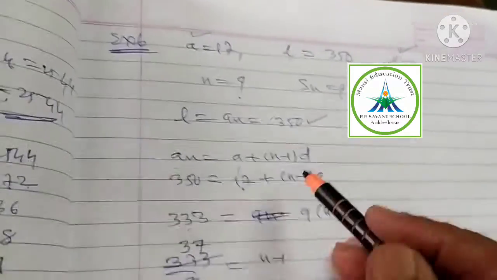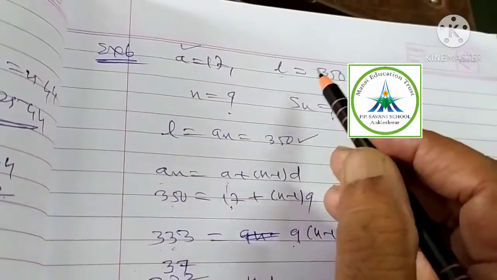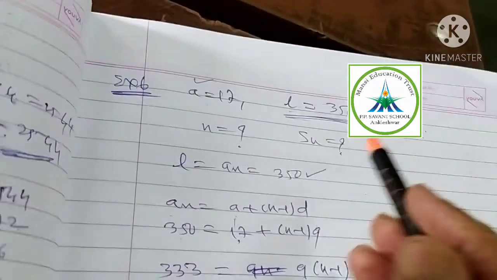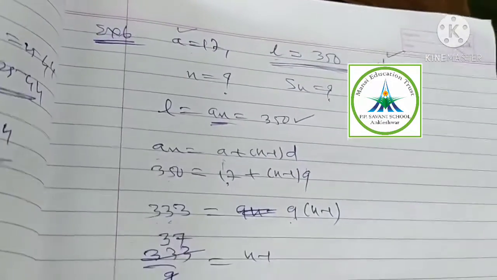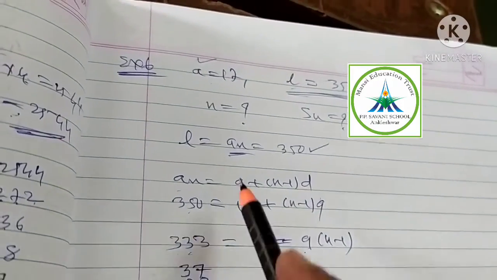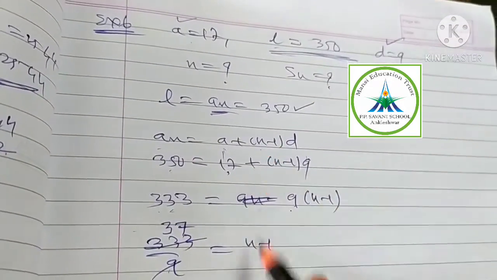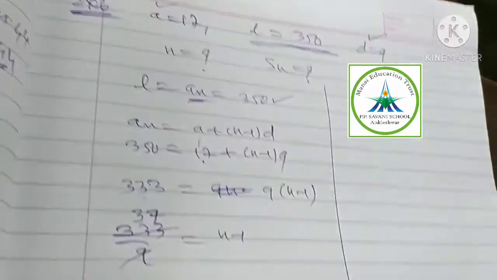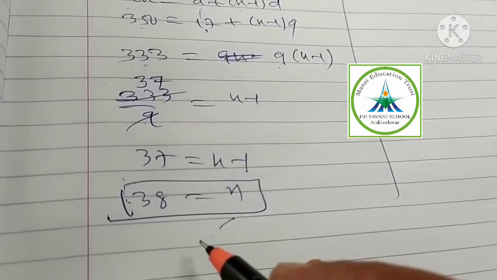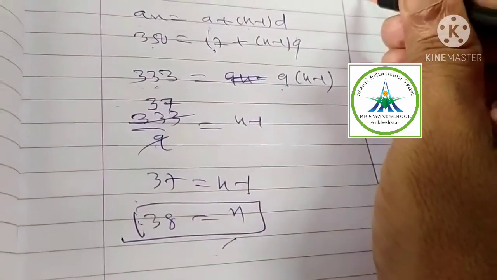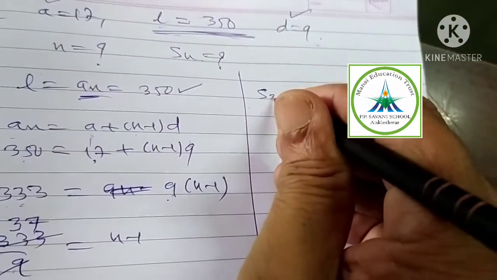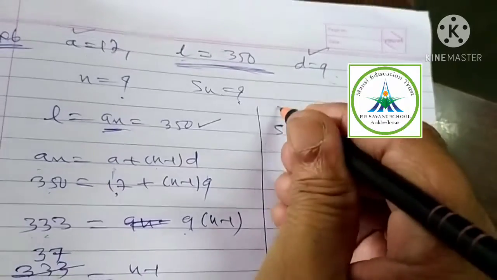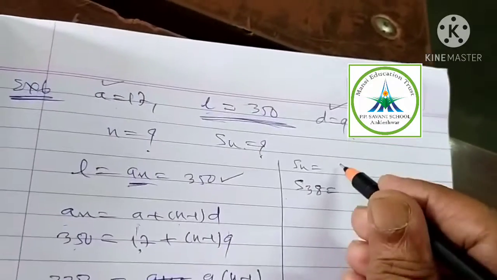If you are getting this, it is very simple. Here, for the students to understand, l is nothing but the nth term. Immediately they get n, they write the formula, and get the answer. Okay, now they are asking us for Sn. You got n is 38. So S38 you can find. Now see, better you write the formula.